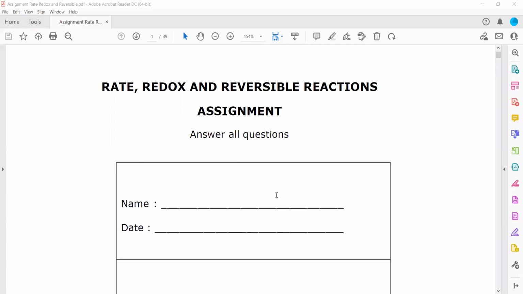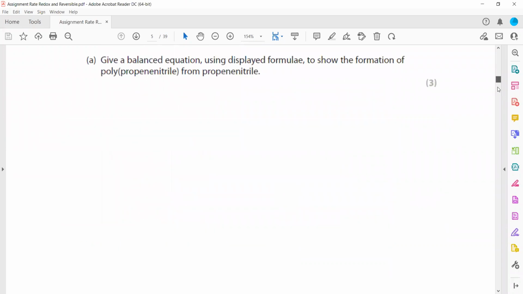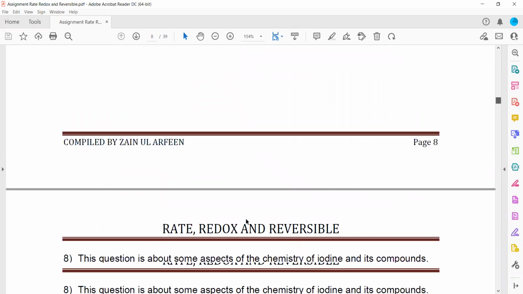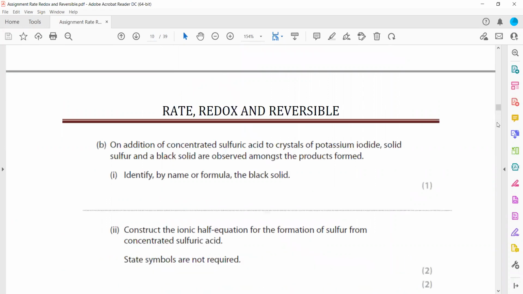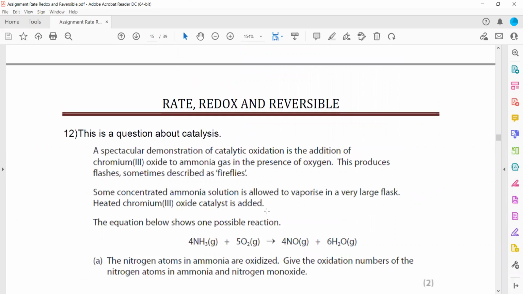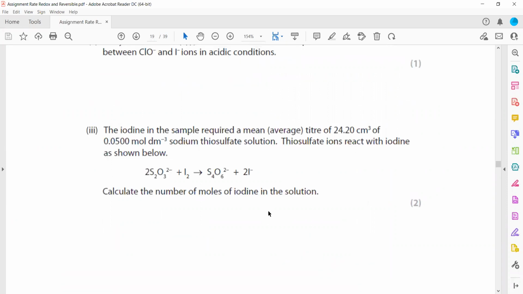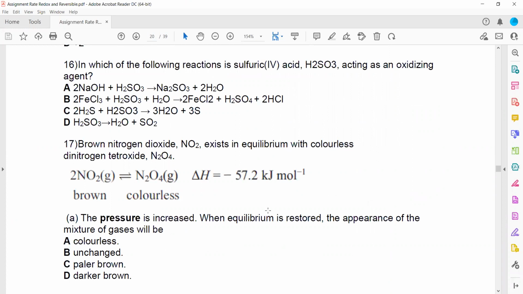So this assignment is related to rate, redox, and reversible reactions. Till question 15 already, the sessions are recorded. So I will start with question 16. This exercise assignment is related to rate, redox, and reversible reactions. In question number 16,